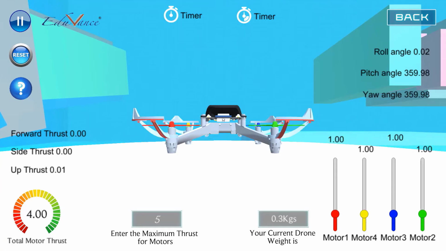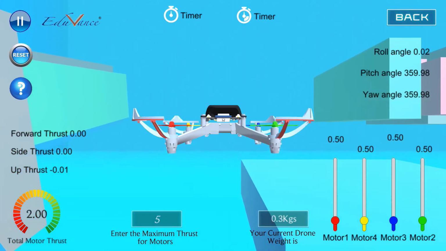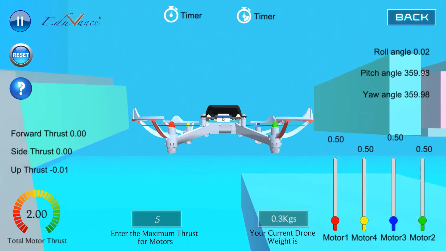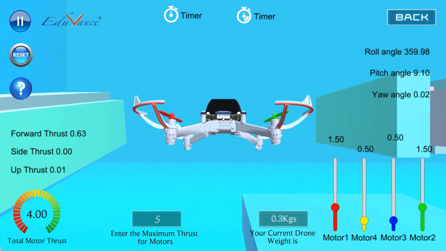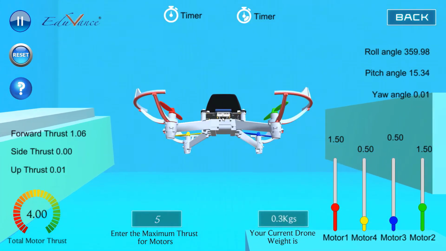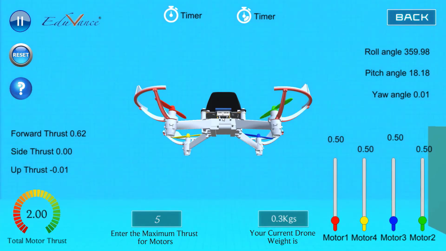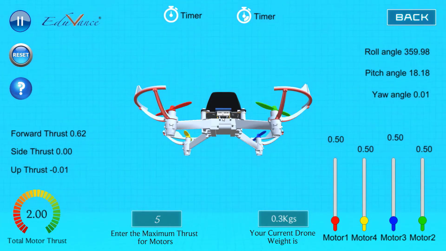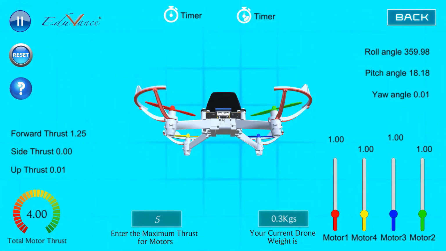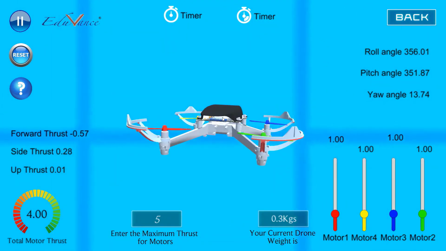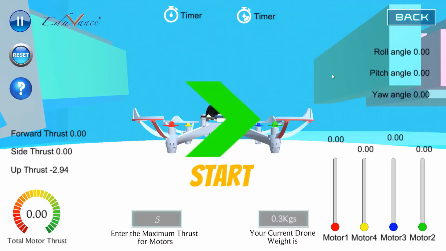I am increasing my RPM. The drone is flying straight upwards. Now I hover the drone, and now I increase M1 and M2, and then see what I'm doing. I reduce it. So you see that the drone stops rotating, but it's still going down. That's fine. That is an advanced concept we will look at later. So let us go back and reset this.